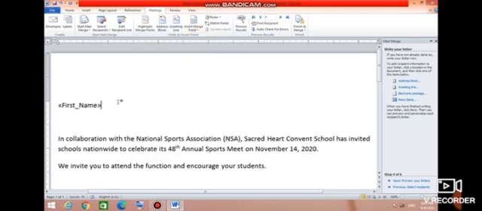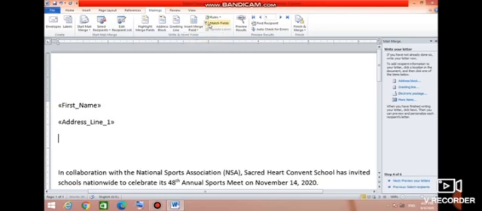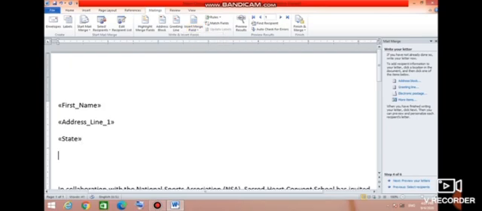Select the Mailings tab and then click on the Insert Merge Field button in the Write & Insert Fields group. The Insert Merge Field dialog box appears, and one by one we are adding the created fields.